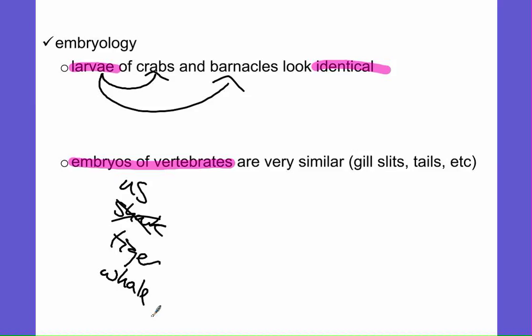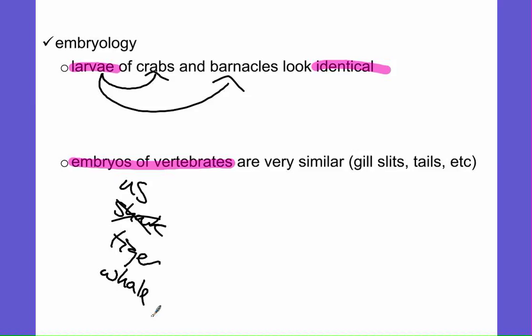You barely have a lump of a thing that looks like it might be anything at all. There's a very small amount of cells there, and there's not much differentiation that's happened. Remember when we talked about stem cells? These are all embryonic, right? They could be almost anything at this point, which is why they can turn into wildly different things. But the embryos of vertebrates are really, really similar, so we would assume that all vertebrates are